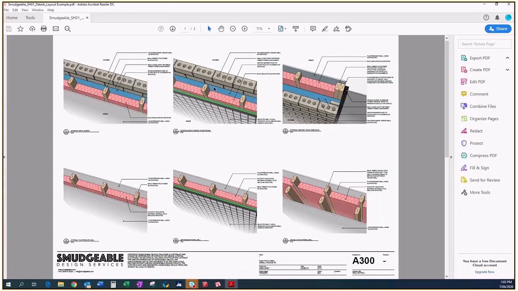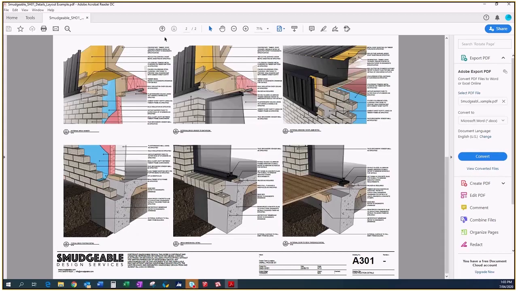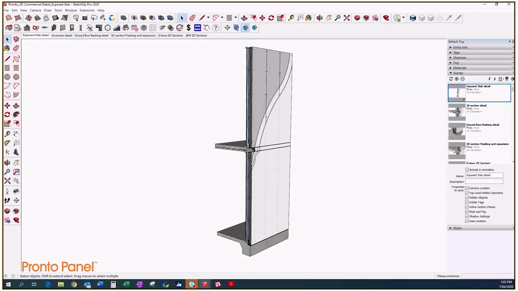So 3D details, these kind of wall types, you only have to create them once, because if you are repeating your details in any given project, then you're storing them in a filing system. So you go, oh yeah, cool, I've used that particular wall type. I'm going to grab that detail and grab it into my 2D drawing. So I did want to show this because I have shown mainly residential, but we have a lot of commercial